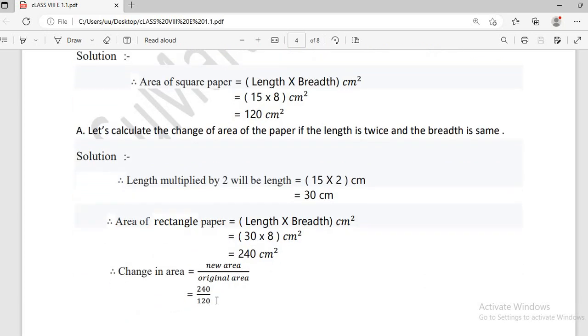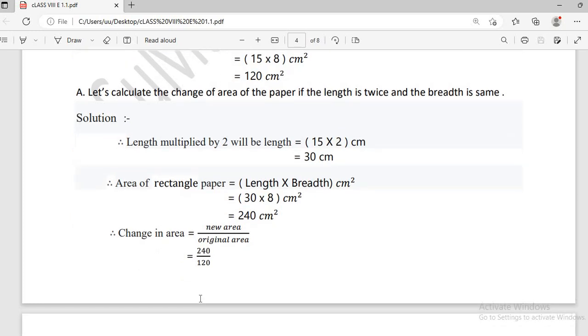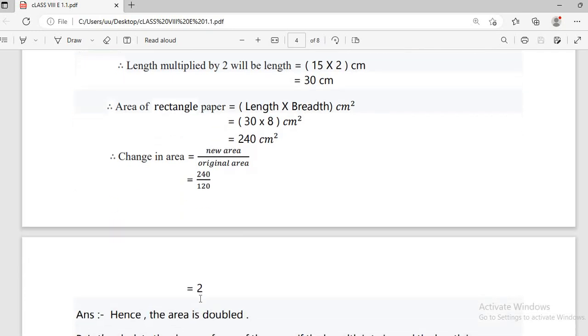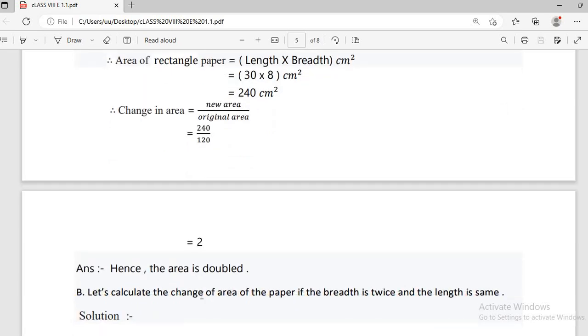semi square. The change of area, তাহলে new area and original area, তাহলে original area হচ্ছে 120 সেন্টিমিটার আর নিউ এরিয়া হচ্ছে 240 সেন্টিমিটার. তাহলে নিউ এরিয়া বাই অরিজিনাল এরিয়া ইজ ইকুয়াল টু 240 by 120 divided 2. তাহলে hence the area is double, মানে যে নতুন আমরা এরিয়াটা পেলাম ক্ষেত্রফলটা সেটা হচ্ছে আমাদের তার দ্বিগুণ হচ্ছে, মানে প্রথম অরিজিনাল আয়তক্ষেত্রের থেকে নতুন আয়তক্ষেত্রের ক্ষেত্রফলটা হচ্ছে আমাদের দ্বিগুণ। এগুলো হেন্স দ্য এরিয়া অফ ডাবল।